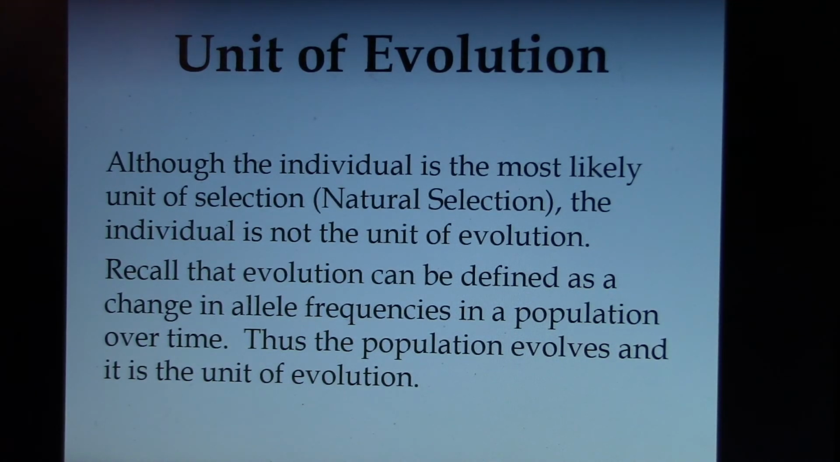But I want to draw a contrast. The units of selection, again, that's natural selection. The possibilities are gene, individual, kin, and group, with individual being the most likely. But the unit of evolution is the population. And all we need to do is look back at that definition, the microevolution definition, a change in allele frequencies in a population over time. So it's the population that is changing, not the